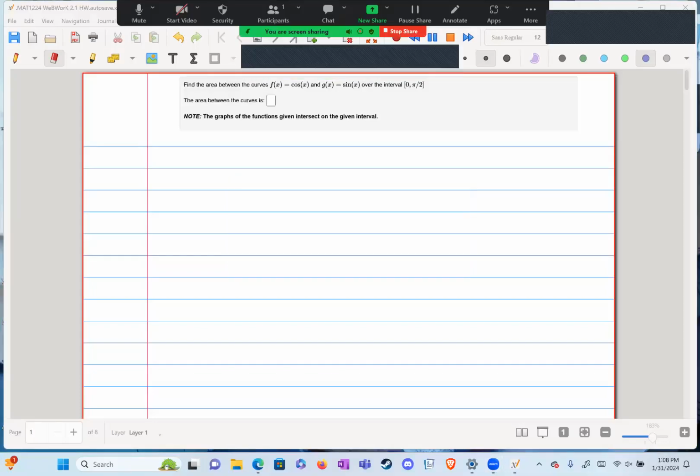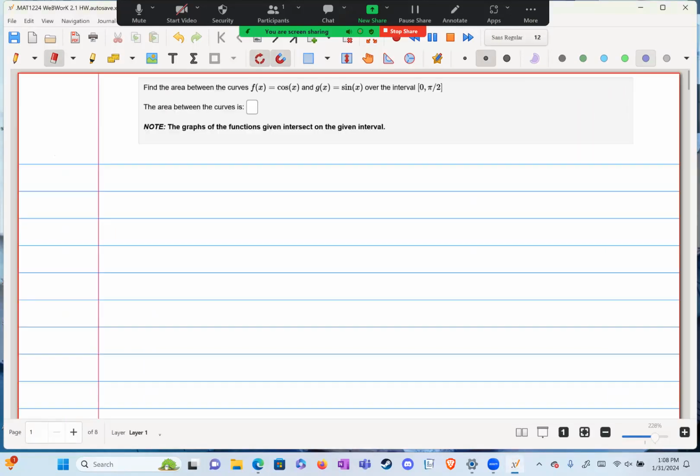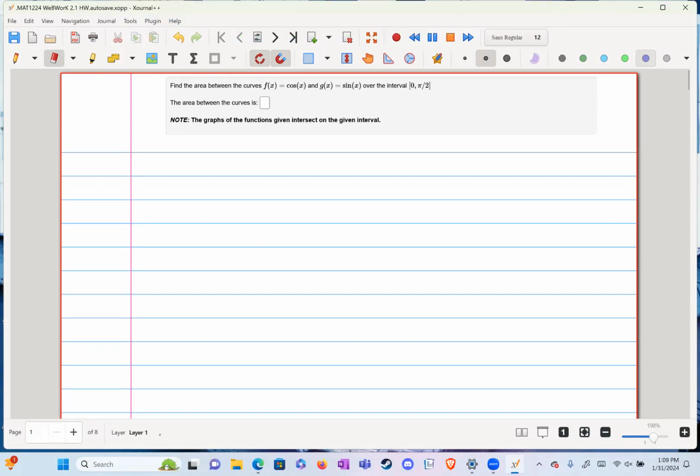Okay, this is WeBWorK 2.1, and we're finding the area first. So we see that we're over the interval 0 to pi over 2, but we need to find when both functions intersect. So first, we're going to make note that area is top minus bottom,